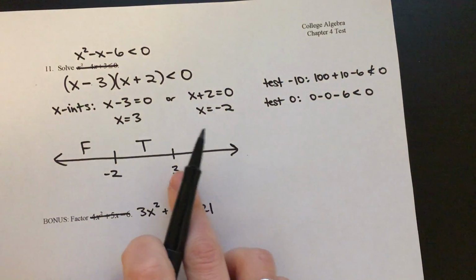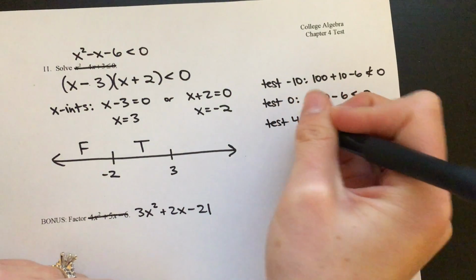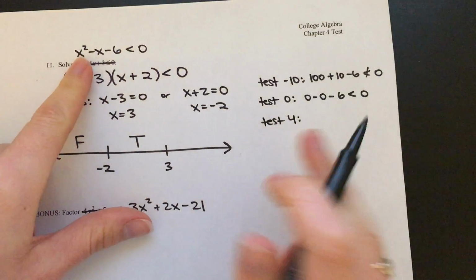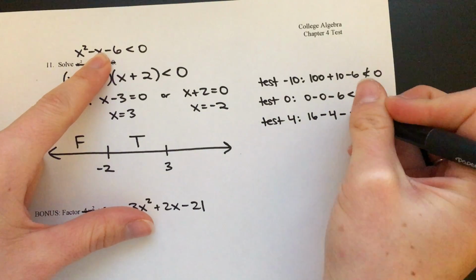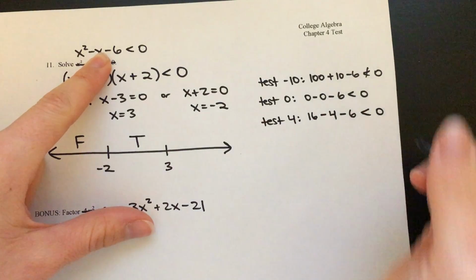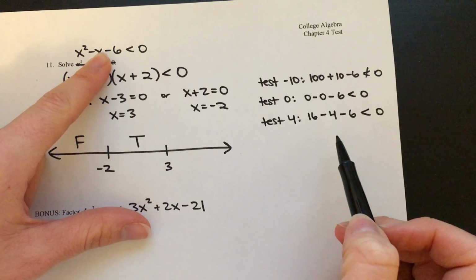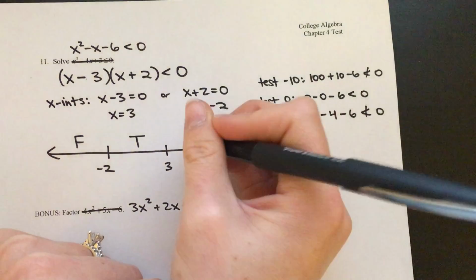And then finally something bigger than 3, like 4. You can test anything just as long as it falls in each region. So testing 4, if I square 4, I get 16, minus 4, minus 6. And finally, we want to know if that is less than 0. So this comes out to be, 8? No, 6. And that is not less than 0 either. So that region